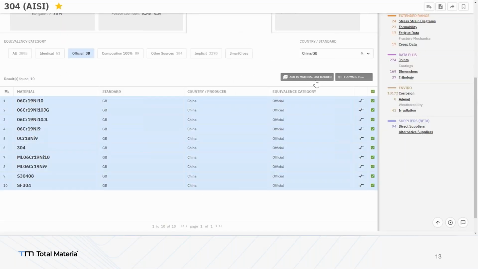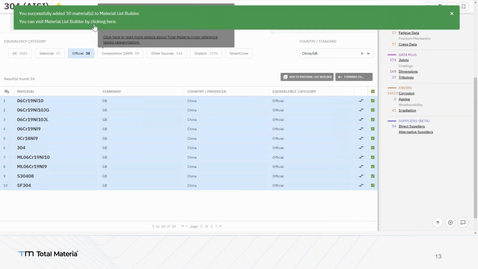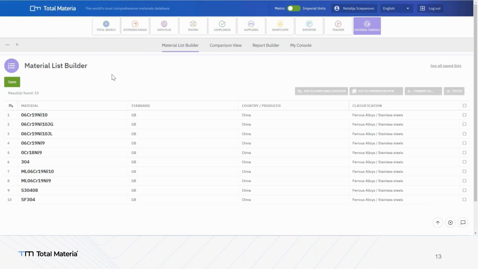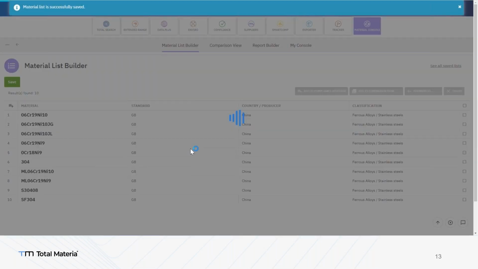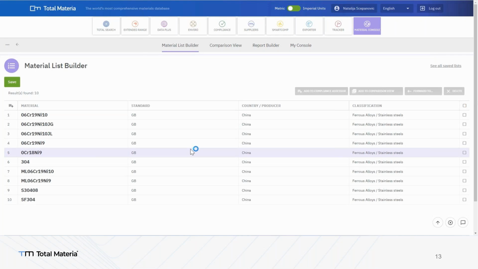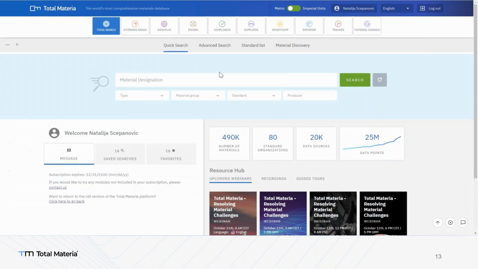You can say, all right, I find this one as an equivalence, cross-reference of this material. I can create the material list alternatives, and which one of those are more accurate for the design, just let me know. I will use one of these materials as an alternative, right? For my location, it's easy to reach this material.